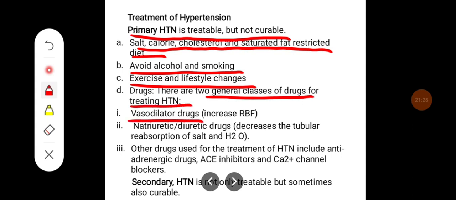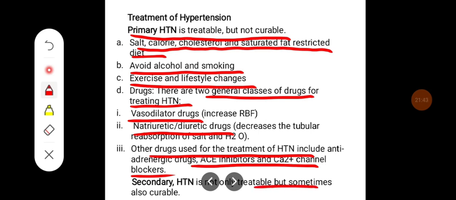They are vasodilator and natriuretic or diuretic drugs. Other drugs used for the treatment of hypertension include antiadrenergic drugs, ACE inhibitors, and calcium channel blockers. Whereas secondary hypertension is only treatable, but sometimes it is not only treatable, but sometimes it can also